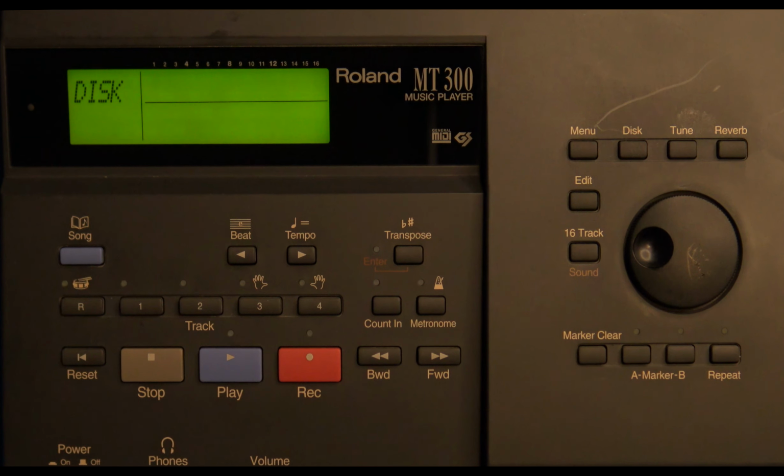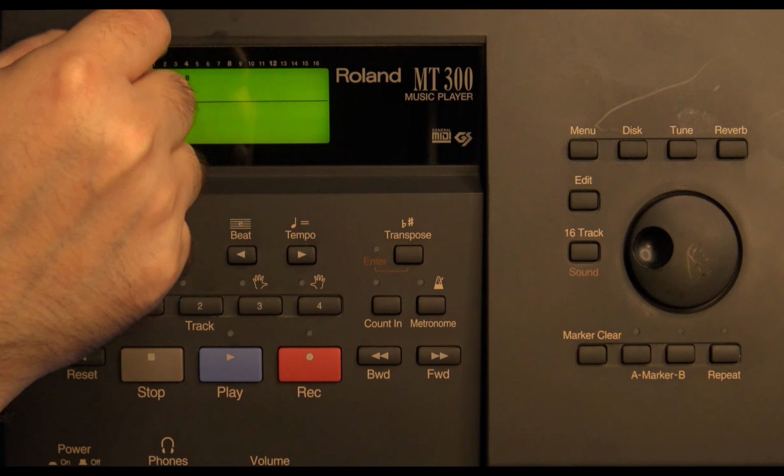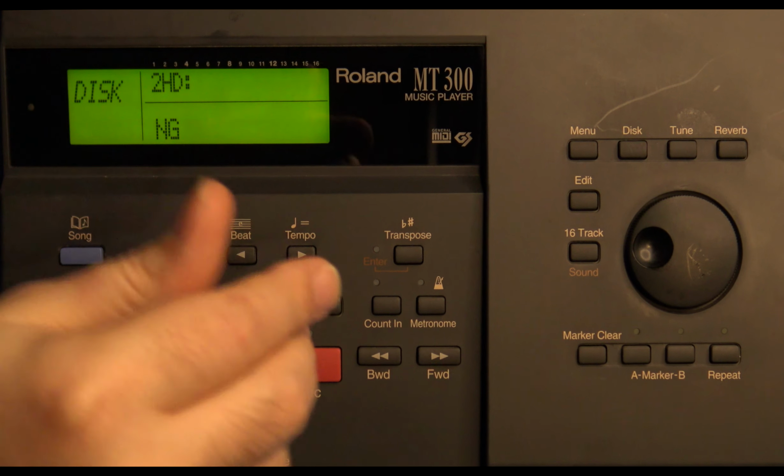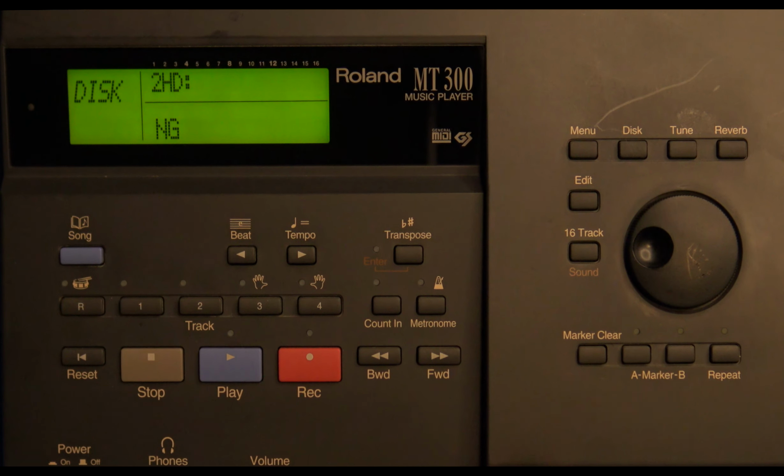And then it takes us to the diskette test. Now basically the way that this works is it's expecting you to plug in a floppy disk. In this case, I'm going to go ahead and plug in my USB flash drive into my Gotek here. It recognizes it as a double-sided high-density disk, and then the NG actually means that the disk is no good. It just doesn't happen to like the partitioning that gets used on these. But if I advance it up a little further,